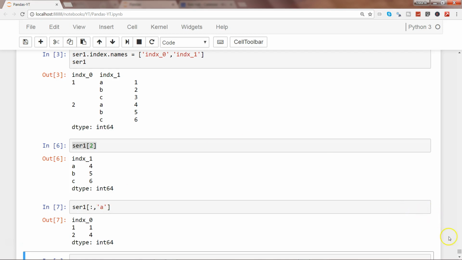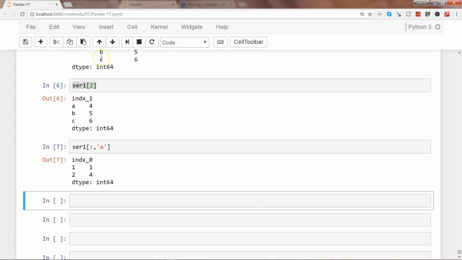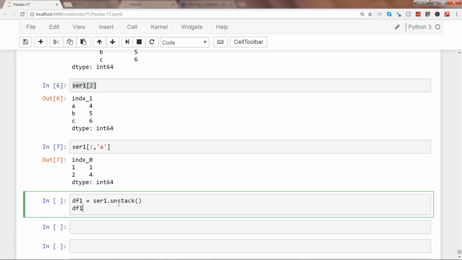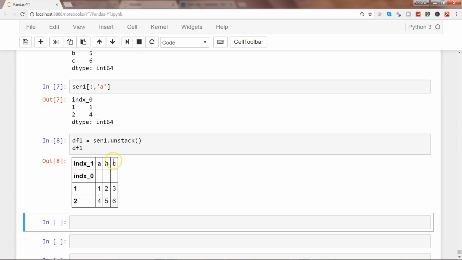Now let's see how you can convert this series into a data frame. For that, maybe we can create a dataframe df1 and use ser1.unstack. Alright, let's print it. This way, you will see your a, b, c is coming over here in the columns. So that is one straightforward way to unstack it.